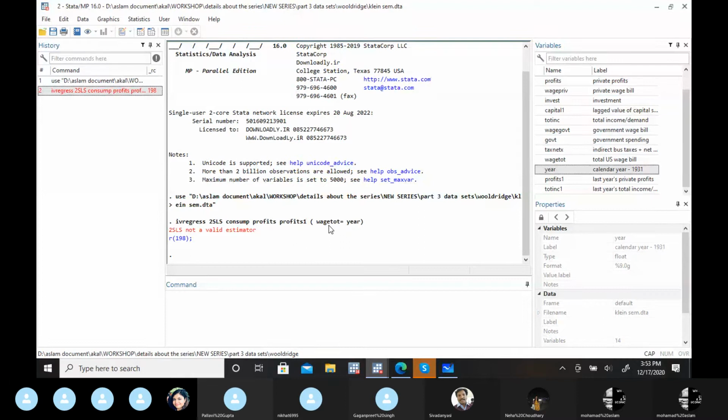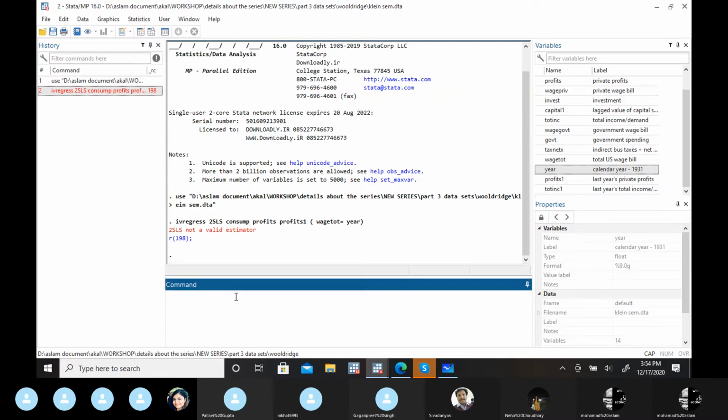This instrument variable we have to identify in such a manner that it accounts for all the other endogenous variables to estimate this particular parameter, and I only instructed it here to use year. So that's why 2SLS is not performing, or maybe this particular equation is not identified according to this particular data set. For that, I can check with the reg3 command